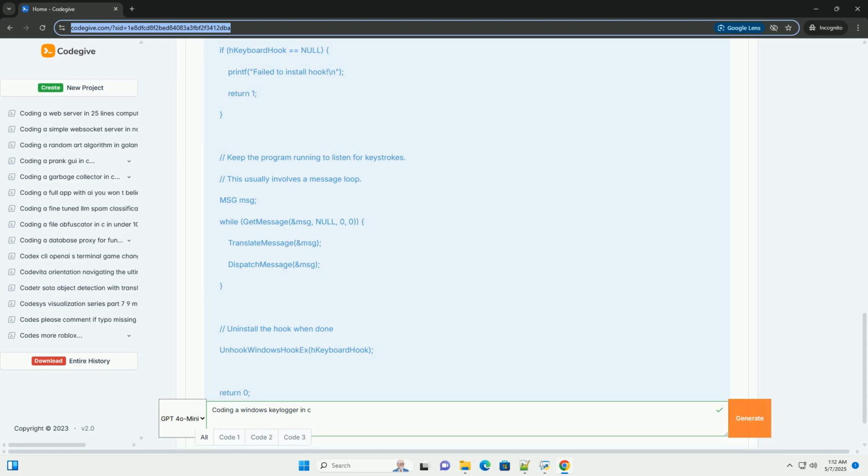dwThreadId. The dwThreadId parameter specifies the thread for which the hook should be installed. If you want the hook to apply to all threads in the system, you would set this to 0. However, a global hook like this might require administrator privileges. Installing it for a specific thread is more common for application-specific keylogging, which still requires consent. Example: illustrative, not complete, simplified. Explanation: